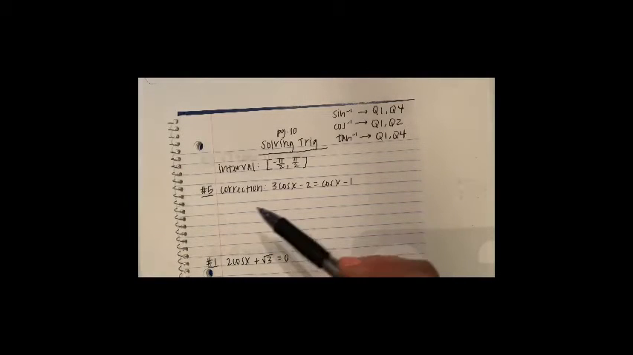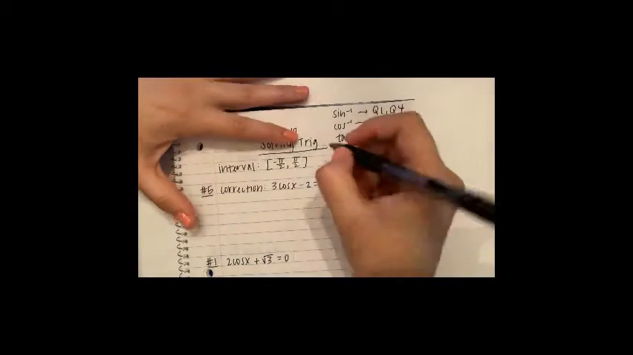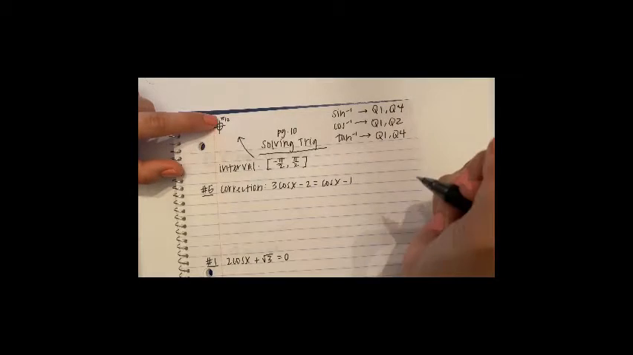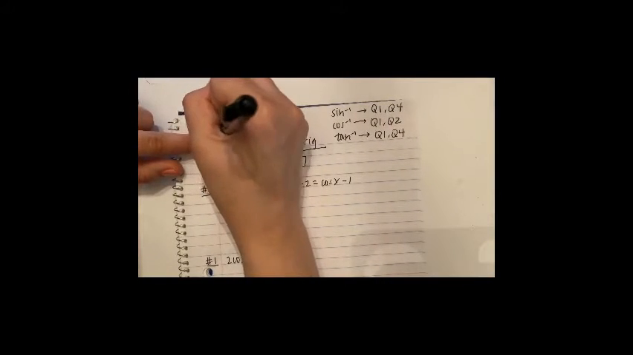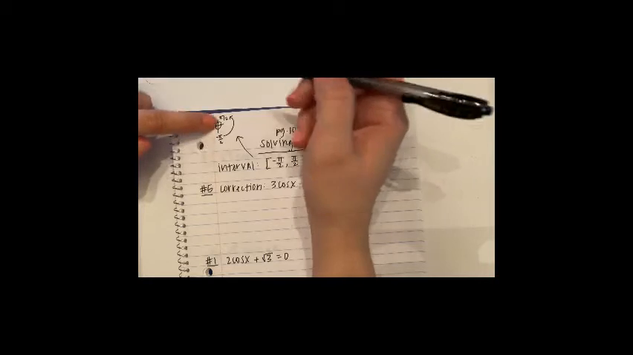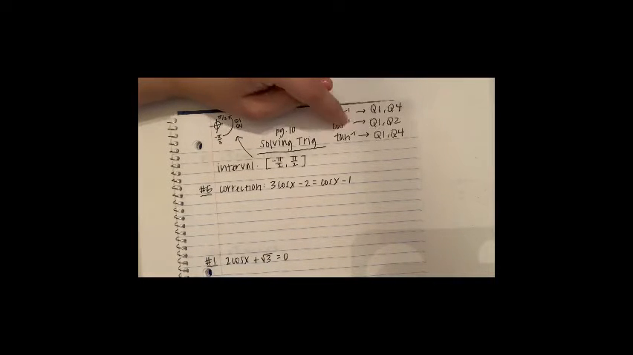But first, in the first section of problems, we have an interval that they give me. This means they only want our answers to be between negative pi over 2 and pi over 2. So if I look at my unit circle, let's draw it up here too. And we know pi over 2 is at the top. That means negative pi over 2 is at the bottom. So if my interval is from negative pi over 2 to pi over 2, that only represents quadrants 1 and quadrant 4. So not only do we have restrictions with our inverse functions,